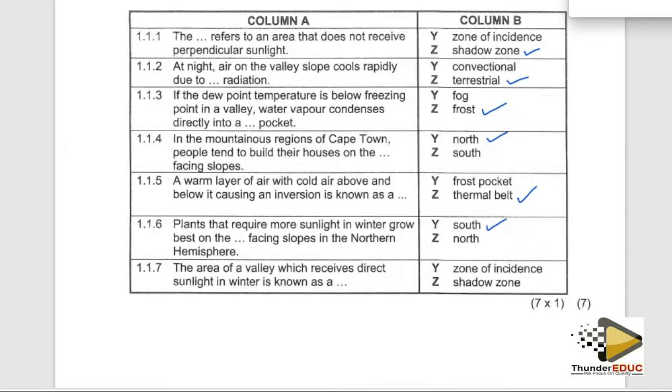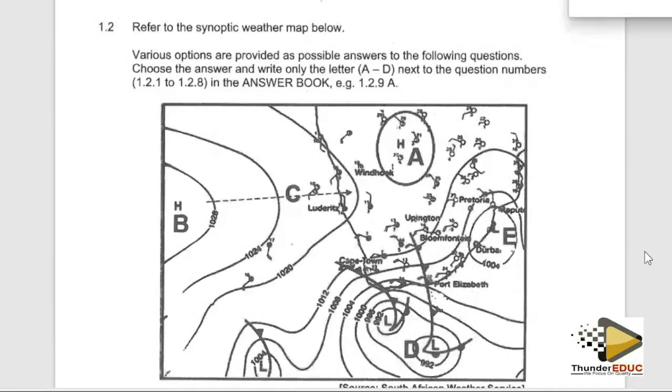In 1.1.7, the area of a valley which receives direct sunlight in winter is known as a zone of incidence, because we know the shadow zone doesn't receive direct sunlight, which means that the zone of incidence will receive direct sunlight in winter. Right. Let us proceed to question 1.2, which says,